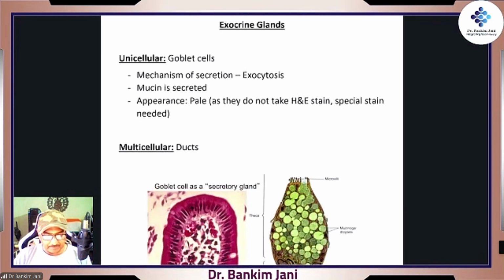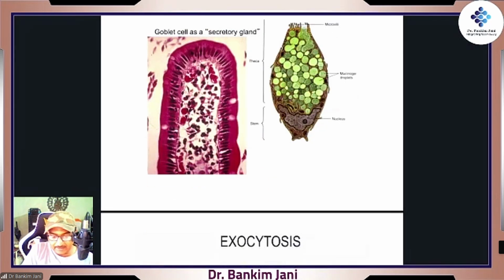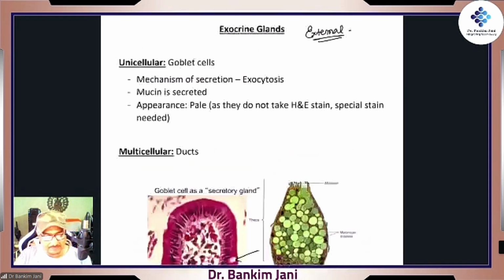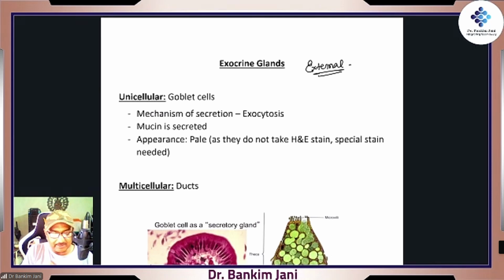So let's dive deep onto the exocrine. Exocrine means, do remember that it will be secreting the secretions externally, right? So this is the external cells. Starting with first, unicellular, and see the goblet cells. Yesterday we talked about it, right? They will be looking like a blank space, right? Here are the blank spaces, goblet cells. See the goblet cells, right? So this is a zoomed version, right? If you zoom it, this is how they will look like. But let's see what they are. So goblet cells, mechanism of secretion is exocytosis.